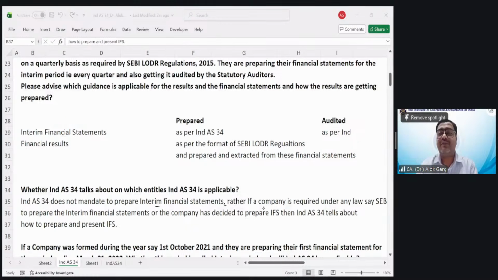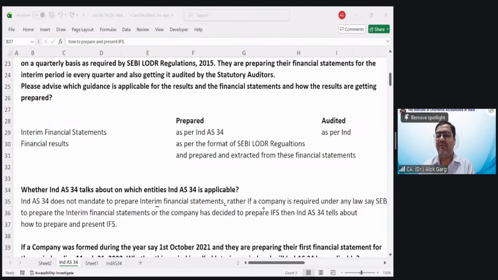You want the books of accounts to be maintained and hard closed on a quarterly basis from the governance perspective. Hence, both the investors, Manoj and Rohan, want this unlisted startup to get the financial statements prepared and audited on a quarterly basis. Now, my dear friends, which standard will be applicable if they decide to present and audit the interim financial statement? Which standard will be applicable?